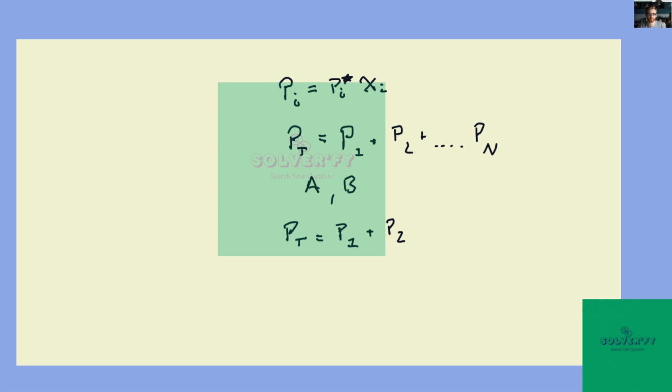And then from our Raoult's law, we know that P1 is actually equal to p1 star, the equilibrium vapor pressure of pure component 1, times the mole fraction of component 1 in our solution,